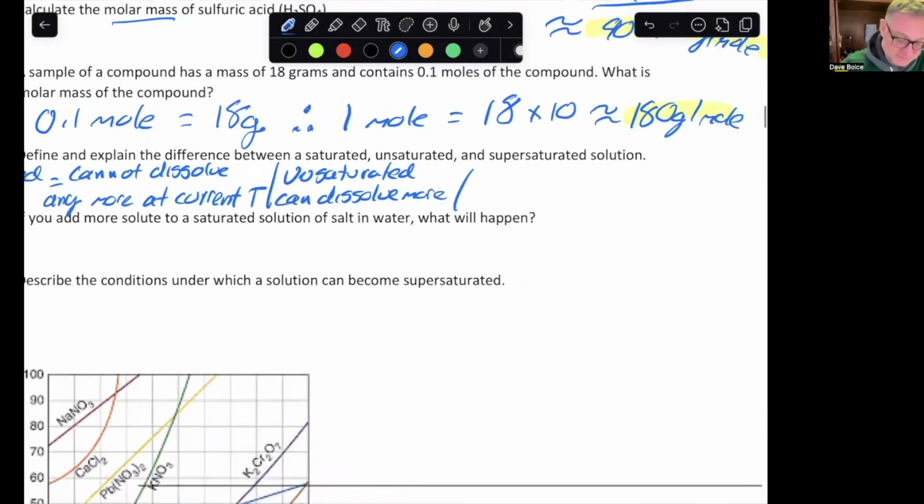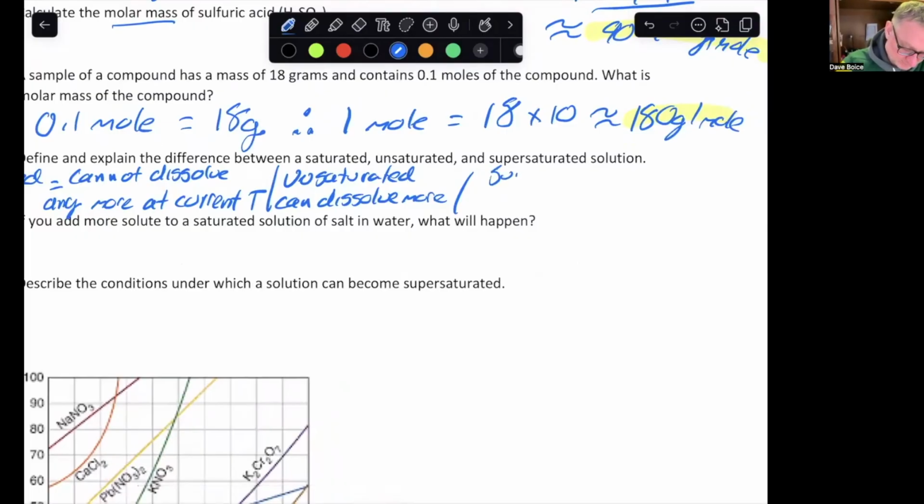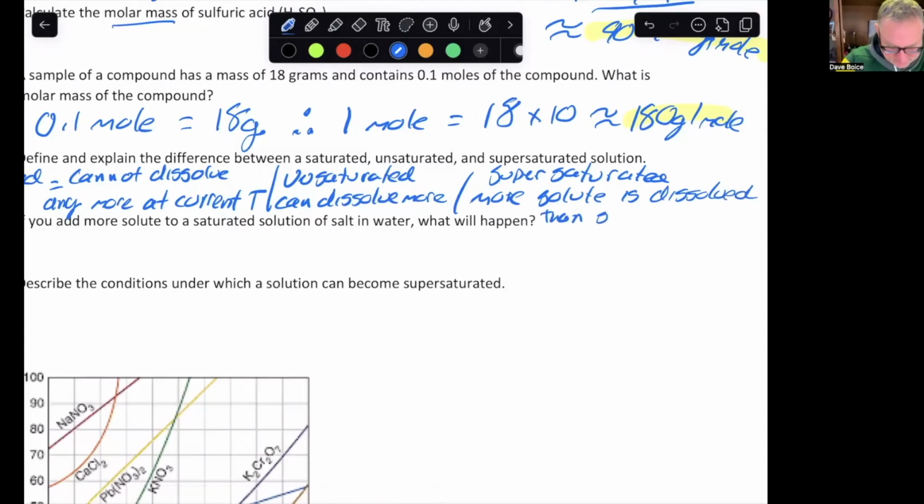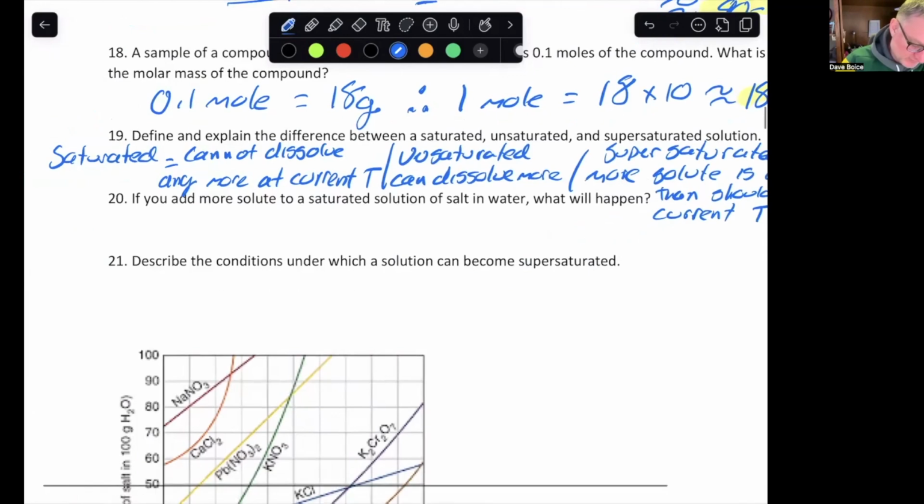Or supersaturated. And that means more solute dissolved than should be at current temperature. So in other words,